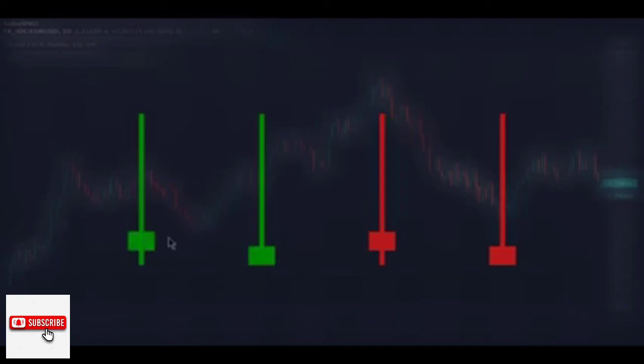Other forms of candlesticks are when we have a small body like spinning tops, but one of the shadows is long and the other shadow is small or non-existent in the ideal situation. And based on where they form on the charts, they have different names and different interpretations. Alright, first let's consider this candle where we have a long upper shadow and a small lower shadow. And as I said, in the ideal situation, we don't have this small lower shadow, and this makes the candle